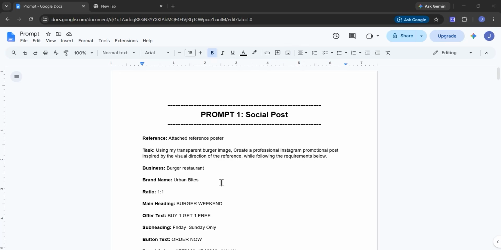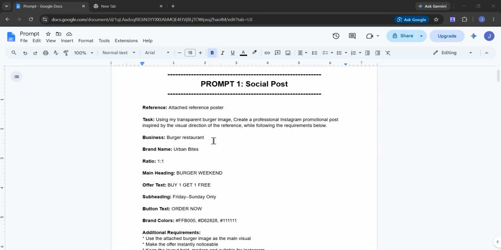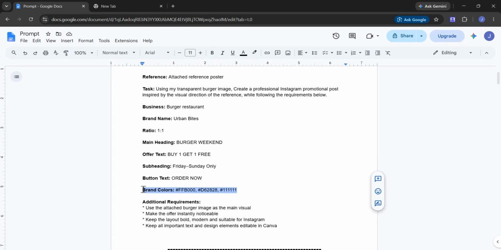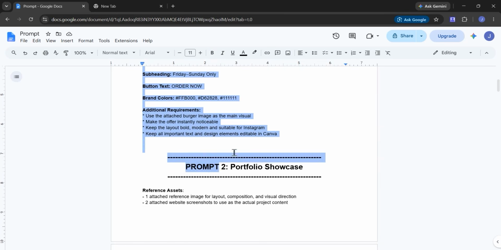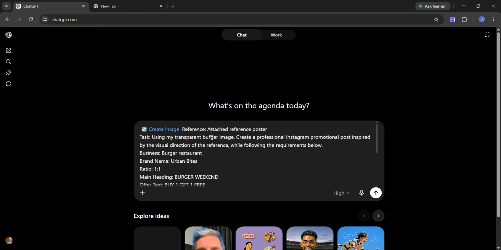Here we are using AI smartly. Instead of saying create a restaurant image, you are directing it in the right way. Also, if you have any heading text, button text, or color text in your mind, write them in this way, or just completely remove them. This prompt is simply a guideline for creating an Instagram promotional post. You can readjust this post according to your client desire. Okay, let's now copy this from here,